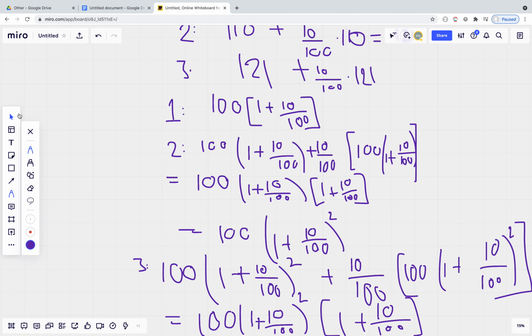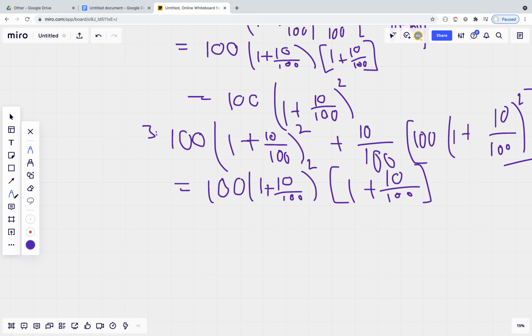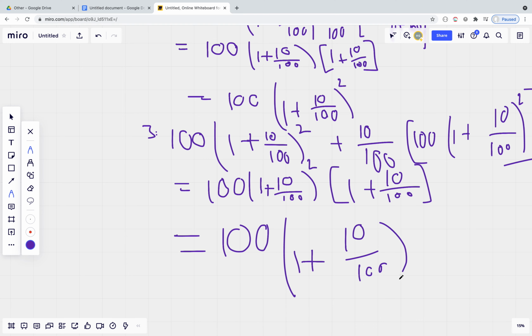Okay, so then all that means is you owe me 100 (1 add 10 over 100) whole cubed. Okay, that 3 looks very messy. I apologize for that. So in the nth year, and if you do this for year 4 and year 5,